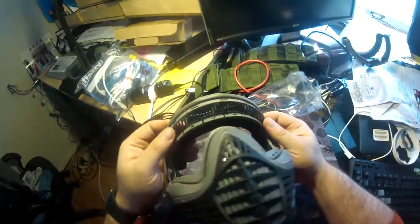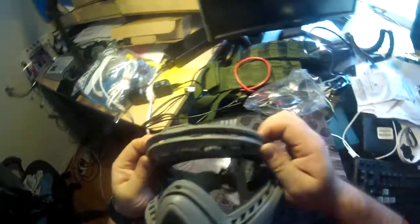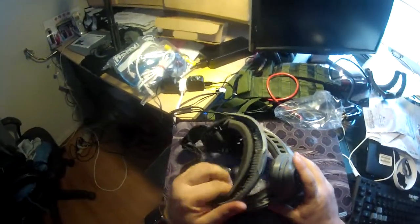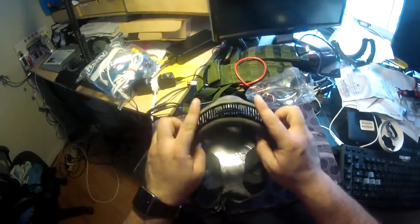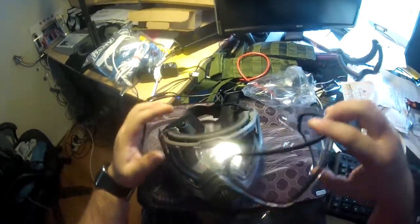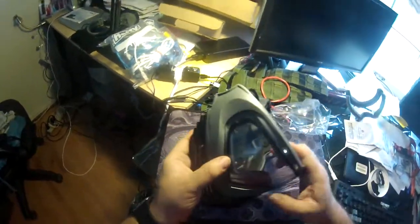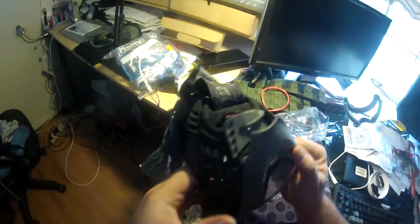You don't have to force it. Once it's lined up, it snaps in pretty easily. I didn't have to mess with it too much. So yay, no more someone else's sweat on my face. And really, I only tried it on just to make sure it was in good shape before ordering